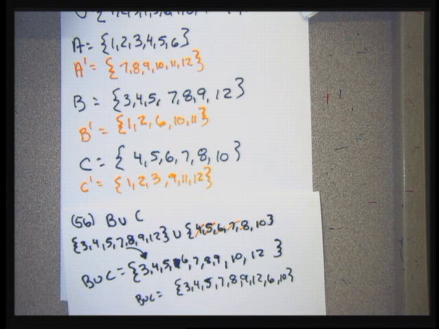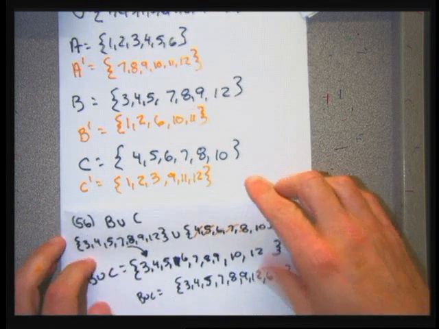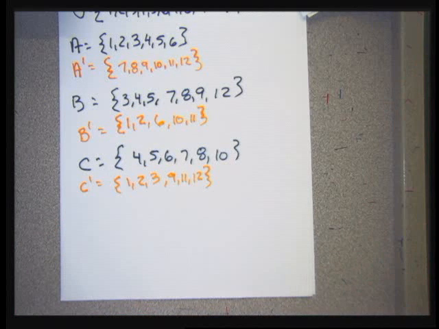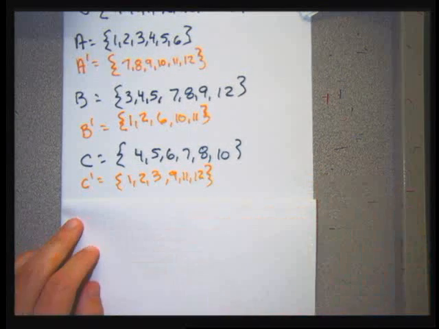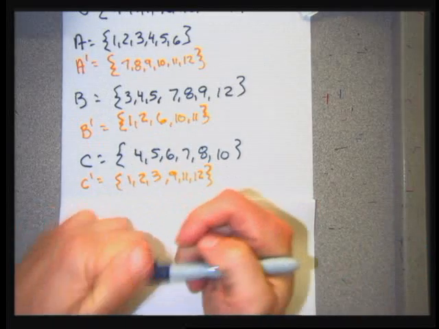So 57 is a cumbersome problem because it has a parentheses and it has a complement. So I'm going to have to do this in multiple steps. So when I go to do 57, the first thing I'm going to do is find the union of two sets, and then I'm going to do the complement. So 57 asks me to do